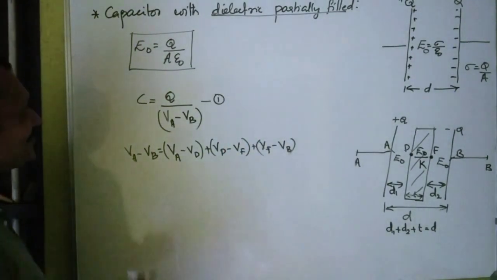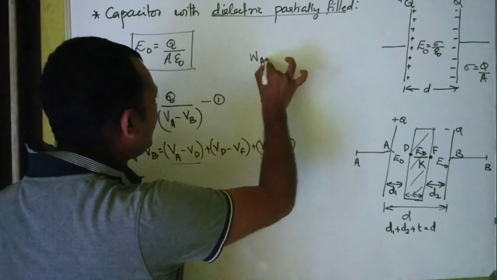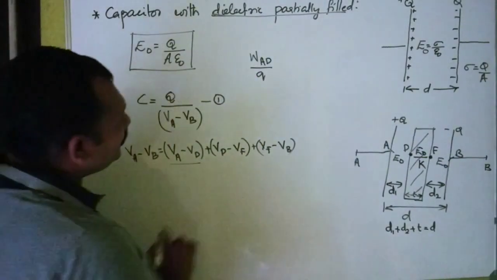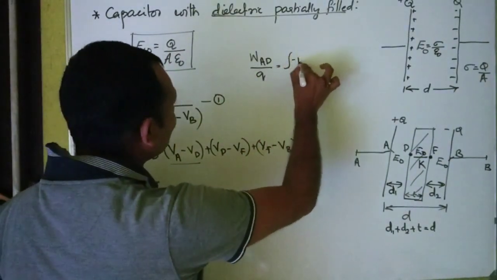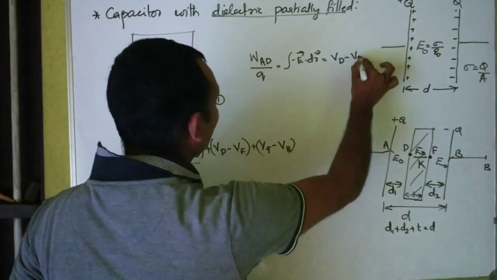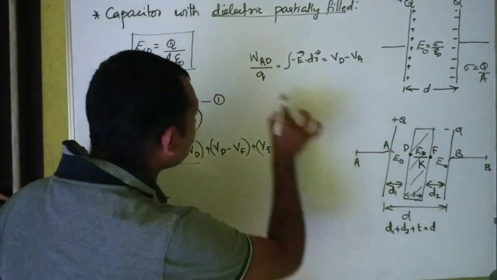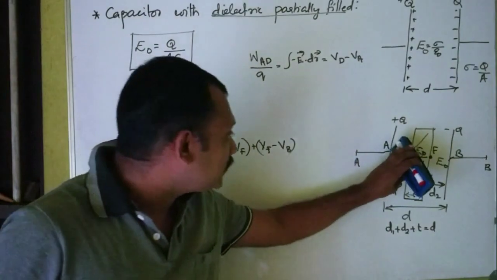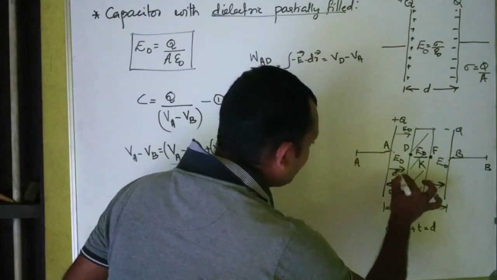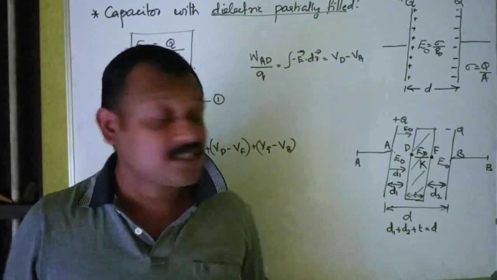Now, let us consider the situation. I need the value of VA minus VD. We know the formula WAD divided by Q. We studied it in the beginning of this chapter. WAD by Q is equal to integral minus E dot dr, which is equal to VD minus VA, right? In this case, WAD means a charge Q is taken. A 1 coulomb charge is taken from the point A to D. The direction of the electric field is likewise. The direction of the displacement is also likewise. That means E0 and D1 are parallel to each other, which means